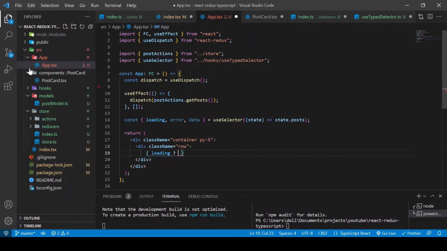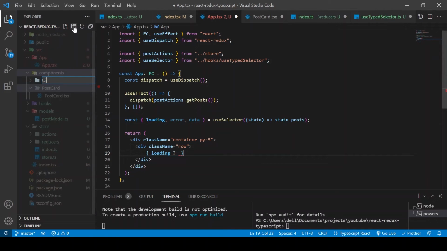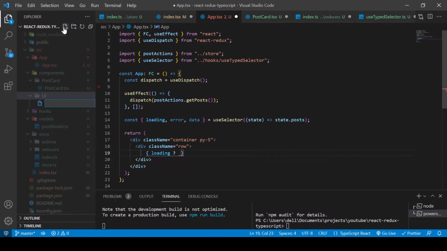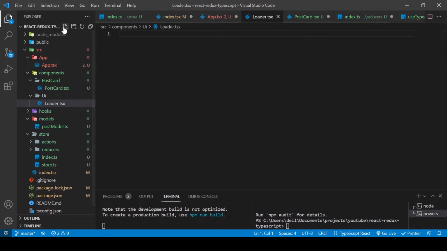actually we can just go on and create another component for our loader. I'm just trying to show you how you can reuse components in React. So in our components, we are going to have a UI folder, and inside the UI folder, we are going to have our loader. So we'll just create a loader.tsx file, and quickly